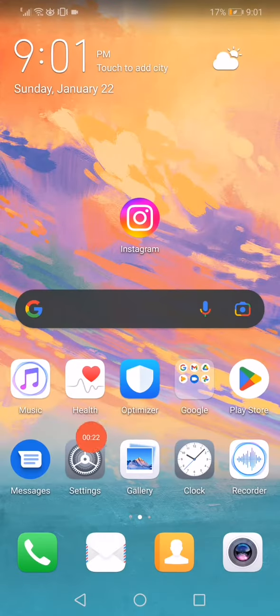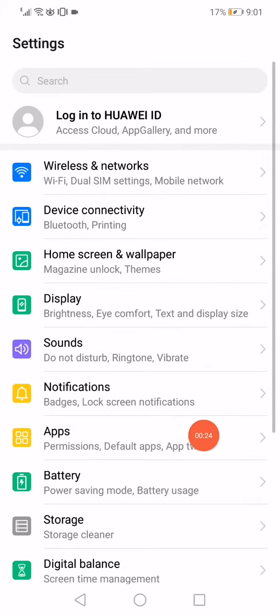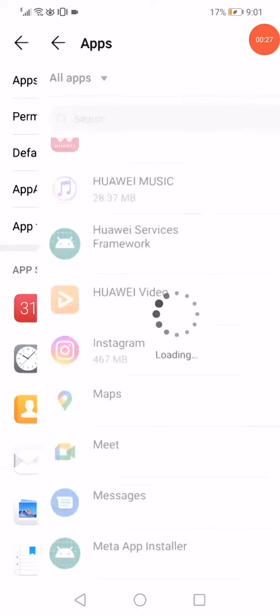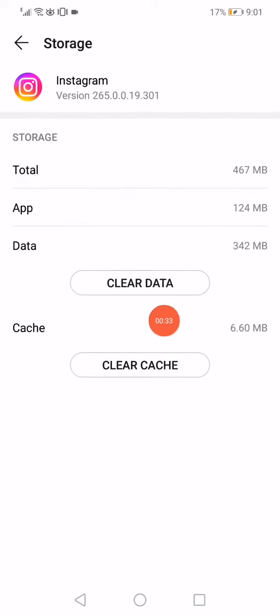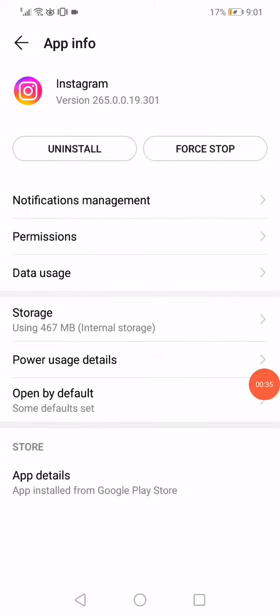After you update your Instagram, go to the settings, open the apps manager like this, go to Instagram and then click on force stop and go to the storage, click on clear data, clear cache, go back, and now